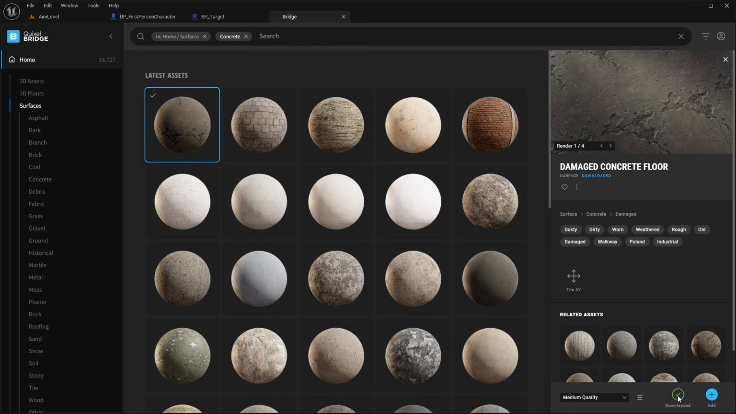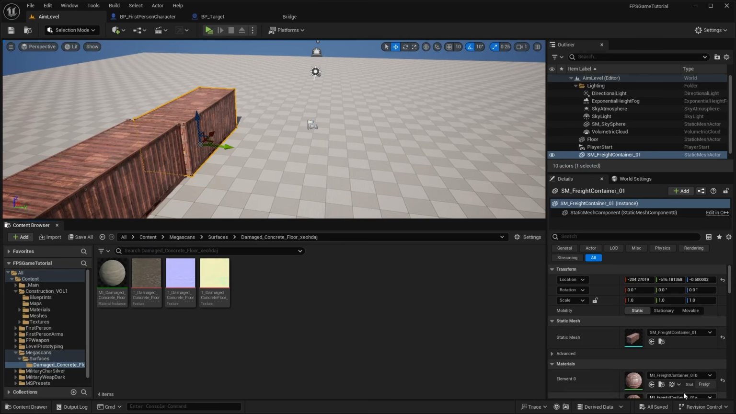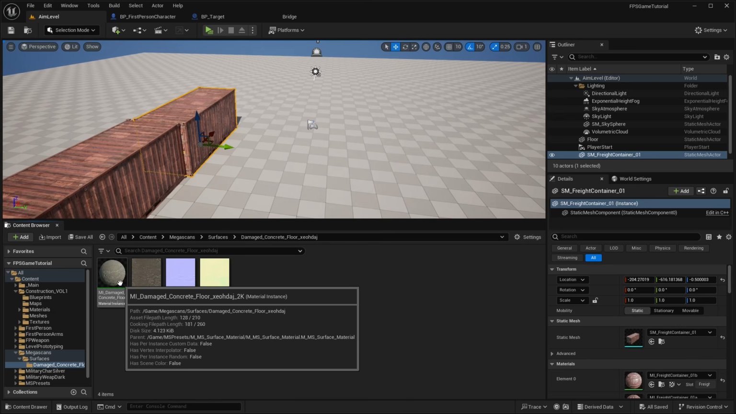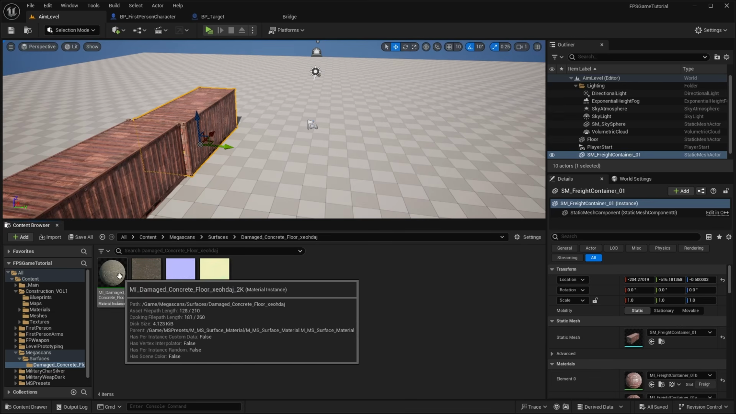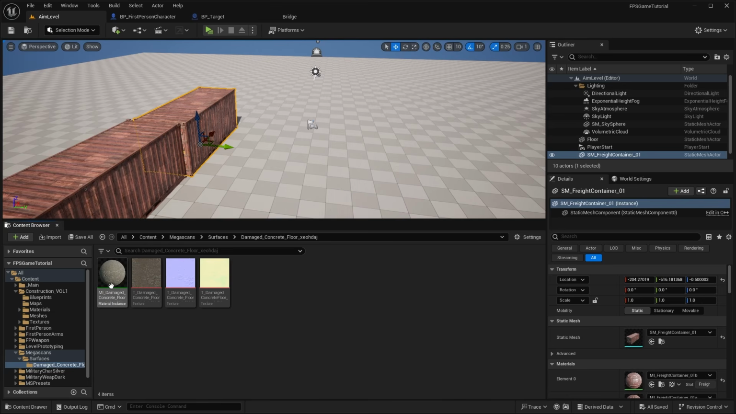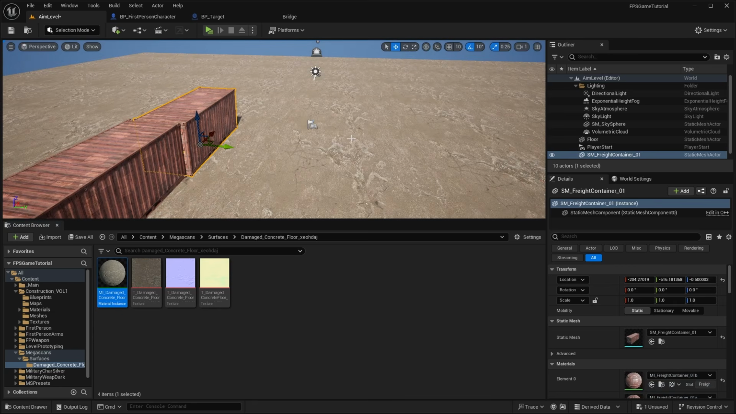And to download it, you just click on this download icon, and then we'll go ahead and download it. And once it has this green checkbox, once you finish downloading it, you can click on this blue plus icon to add it to your project. What that will do is it will add a new folder in your project, and it will add that material, the damaged concrete floor material, to our project, which we can then drag and drop onto this floor to